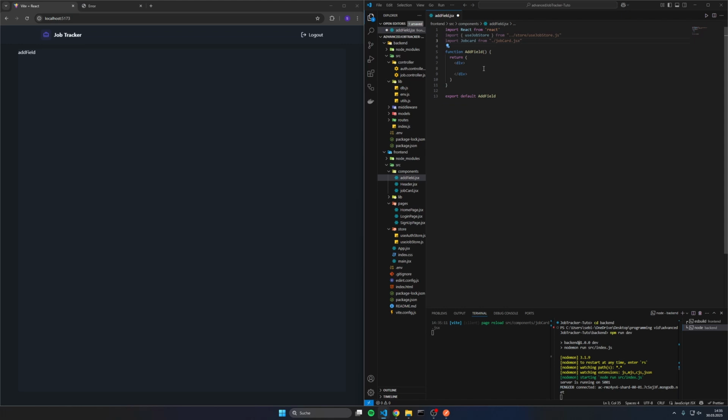And then inside of the main field, we can create some things. So first of all, we have to import our 3 functions, remove, add, and get, and our variable jobs. So we first have to import that one from